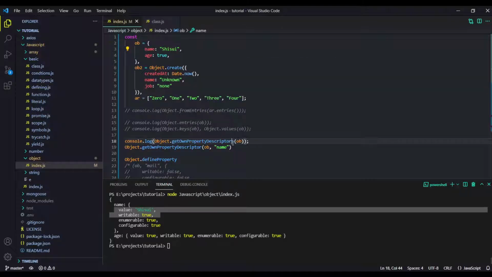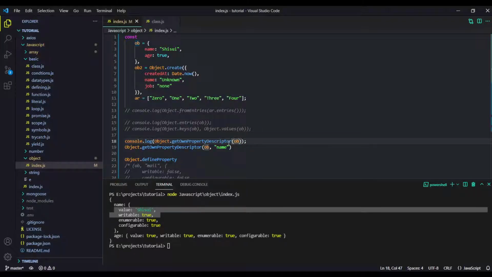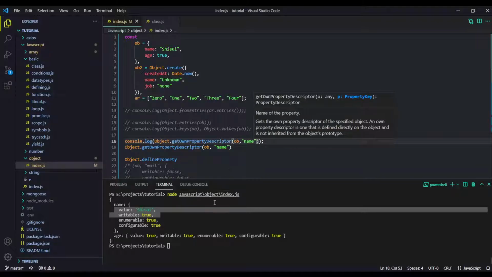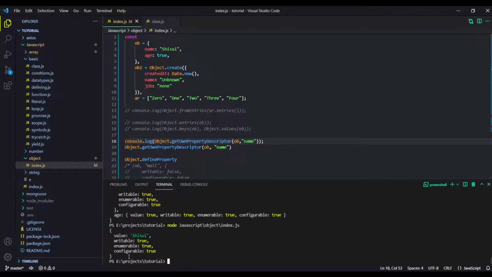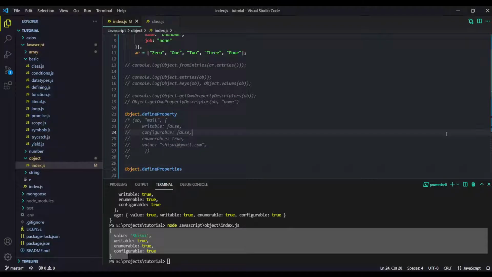And the first function we used is getOwnPropertyDescriptors. It returns each and every descriptor, but we can get the descriptor for a particular value, for example name, and then it will return us just the name property's descriptor. Alright guys, so I told you about getting the property descriptors, but what if you want to add a property or define one?